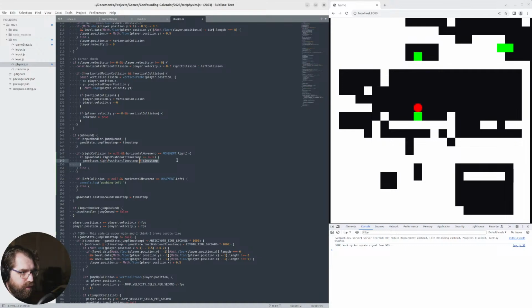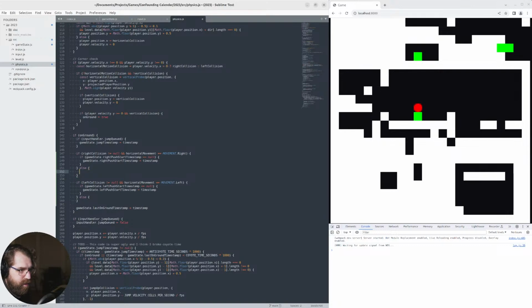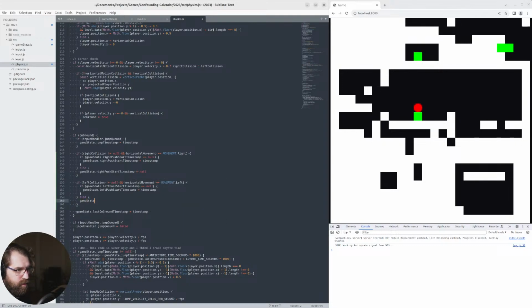I should have copied that code because it's going to be the same in the next one. This will be left. Left push start timestamp. If we're not pushing, then just set it to, sorry, just hit my microphone. Right push start timestamp is null. Game state left push, it's null, and then I need a thing that's saying if we're still pushing,